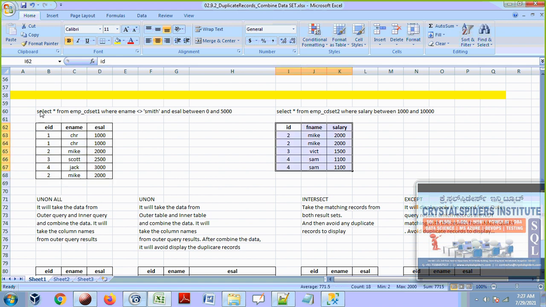Outer query means I am going to write this query on the left side, and the inner query on the right side. The union all operator takes this data as well as this data and combines them. Let me take this data as it is.